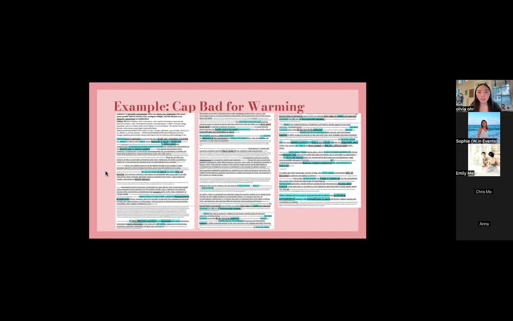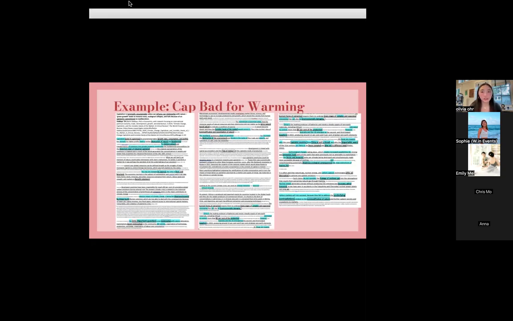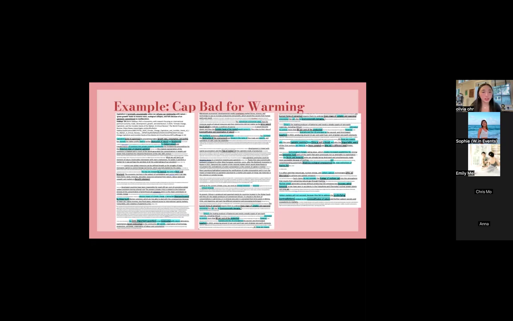Next, I pulled some examples. So you probably want to open the card doc because this card will be hard to see. But this is the Siddiqui card. So this is cap bad for warming. It says that capitalism is intrinsically tied to and the root cause of the destruction of the environment and biodiversity. It also makes a claim about war. It says that capitalism causes imperialist wars,